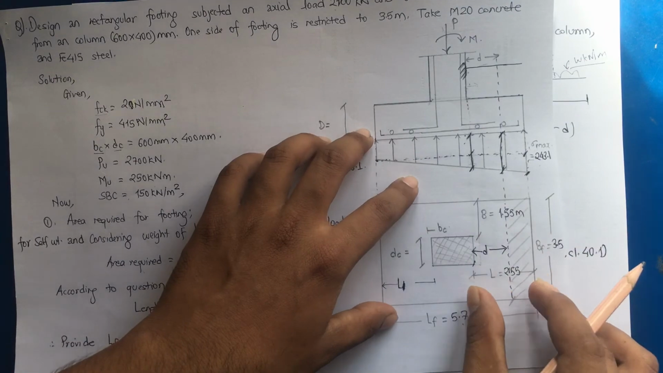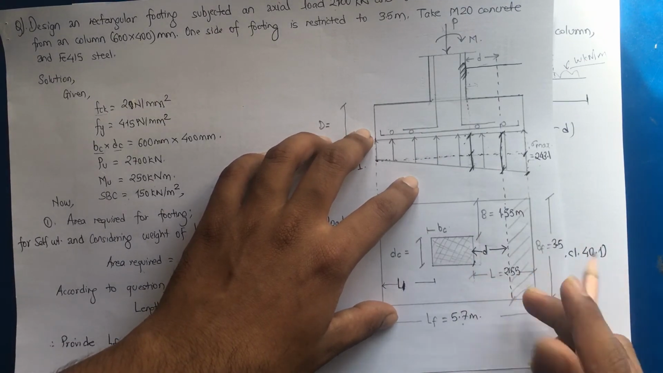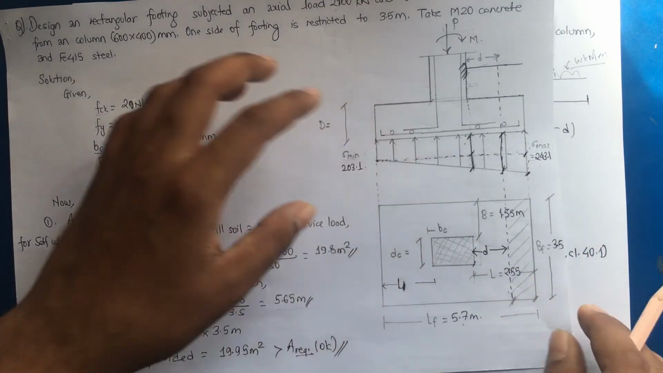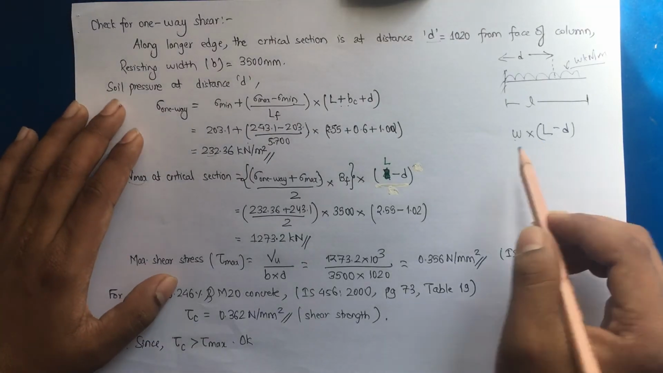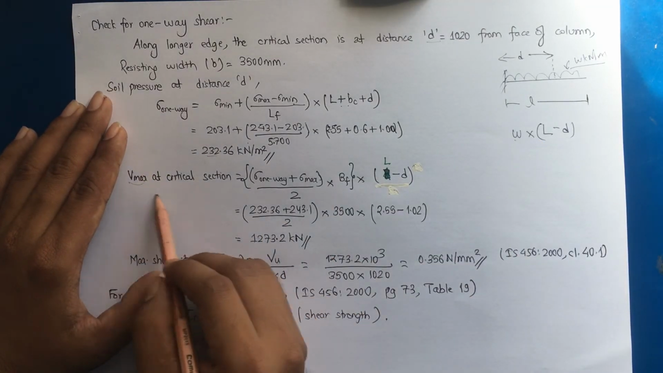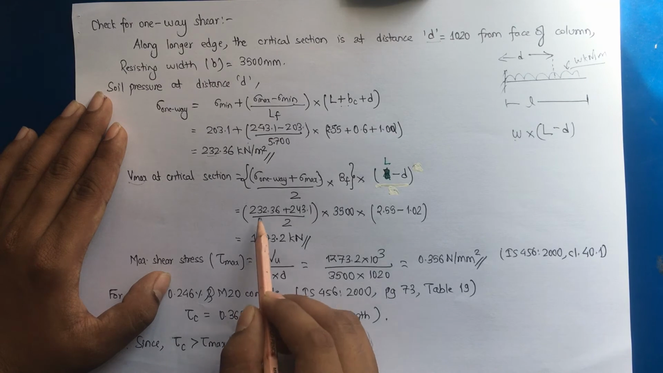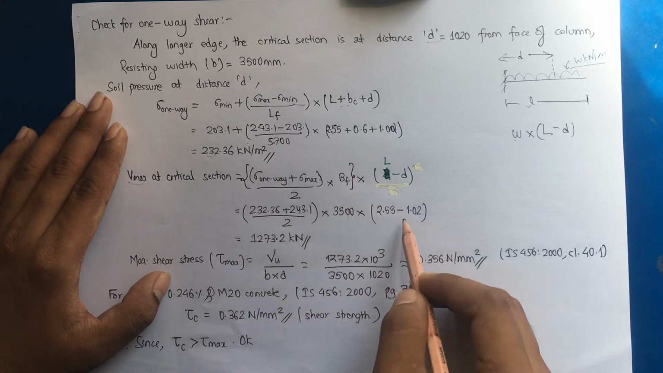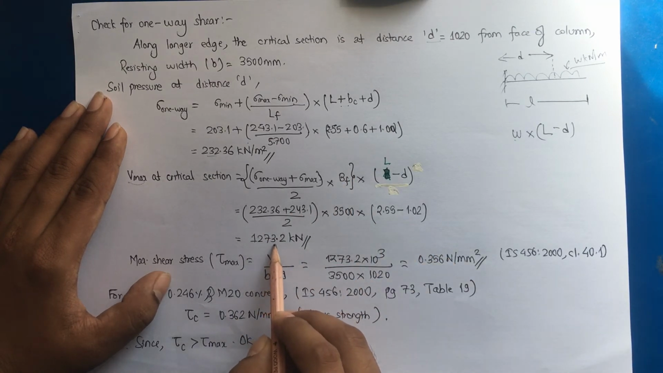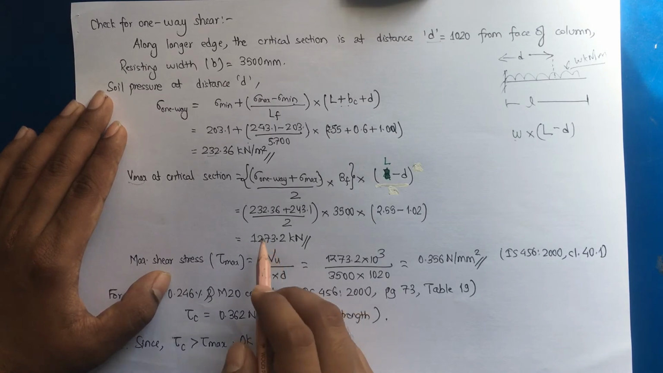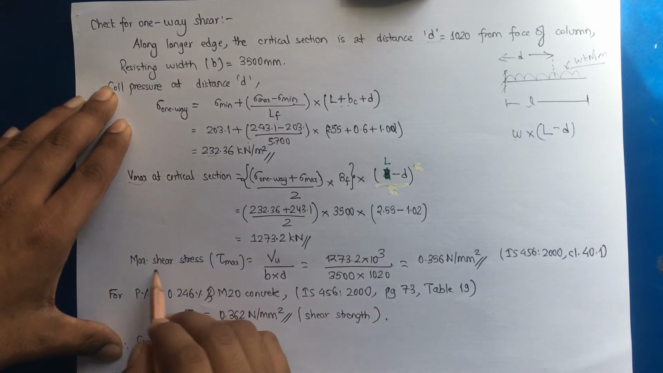Okay, L minus D, then we can compute the maximum shear at the critical section. Substitute the value 3500 and we'll get 1273.2 kilonewton. Now maximum shear stress,